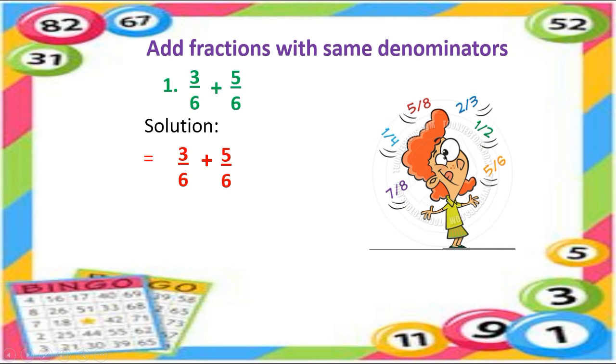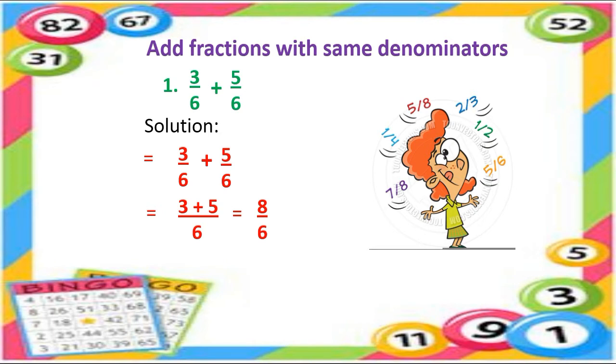We will put the is equal to sign again. Then we will add 3 plus 5 and then write common denominator 6 like this. 3 plus 5 upon 6. Now we will add them further. 3 plus 5 equals 8, and we will write the same denominator 6. Now what is the next step?